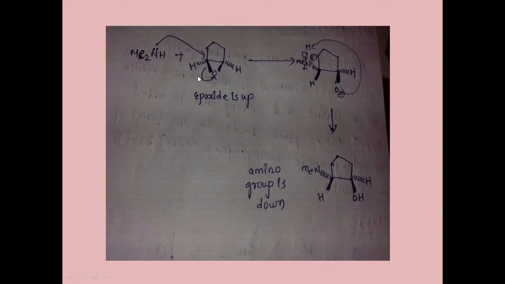Here, as it is an SN2 reaction, meaning we are attacking from the back, we are getting these products. So here nitrogen will attack from this side. As you can see, the epoxide is towards the observer, right? Epoxide is up. This lone pair will attack from the back side, so it will be away from the observer. We have O, this bond is shifted, we have O minus. This negative charge will abstract a proton from this hydrogen, it will take its hydrogen and we'll get this product.